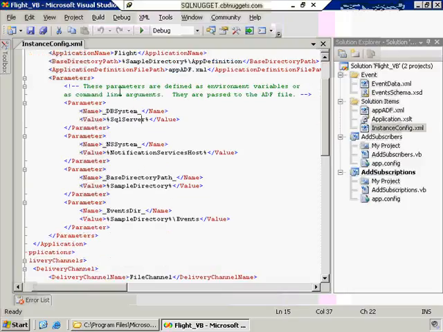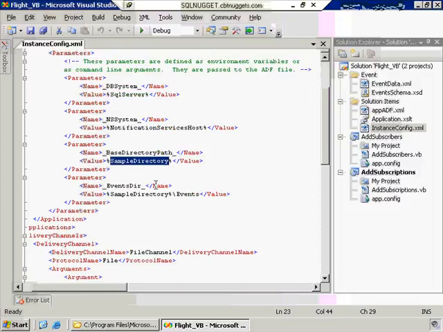And then these are the parameters that we can use and that we're going to fill in. Really, it's just the SQL Server, the notification services host, so basically the SQL Server instance, the actual server that we're running on here, SQL Nugget, and then the sample directory, which is the base directory path. This event store will actually get built off of this sample directory and the events folder in there. So you set up your parameters and variables that you can use throughout these XML files,